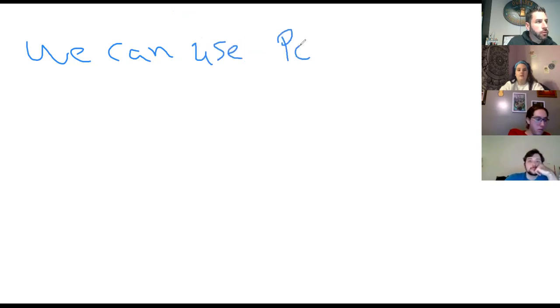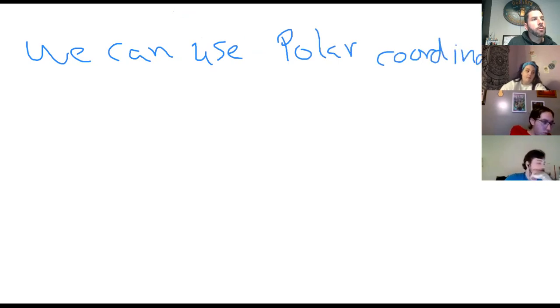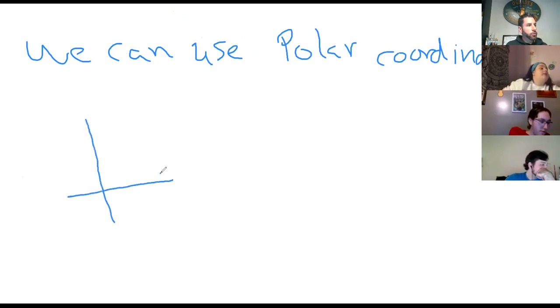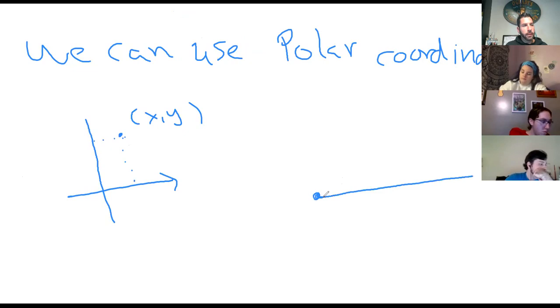But what we can use instead is what are called polar coordinates. So what are polar coordinates? Well, the idea is instead of having your traditional XY, you don't write a vertical axis, you just take a horizontal axis. And by the way, this should be horizontal, it shouldn't be crooked, but such as me trying to draw without a ruler. You take your point,